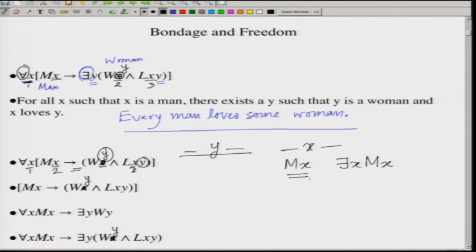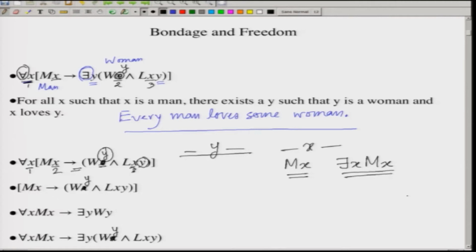It means that x is a man, but what is x, we do not know. But the second formula says that there exists at least some x, that is, I pick something up. So, there exists at least something which is a man, which means that there is at least one man.